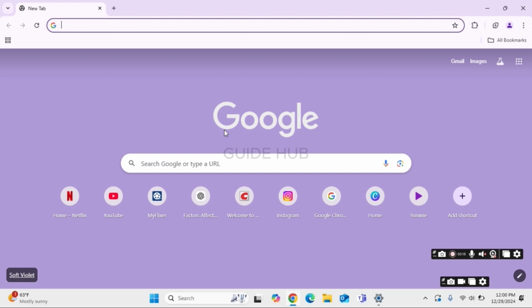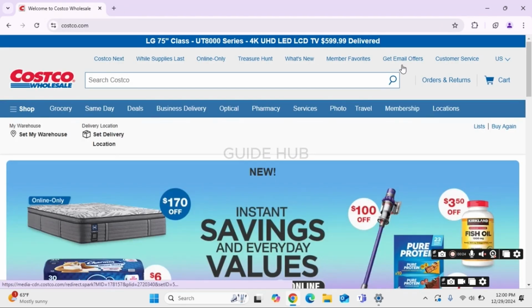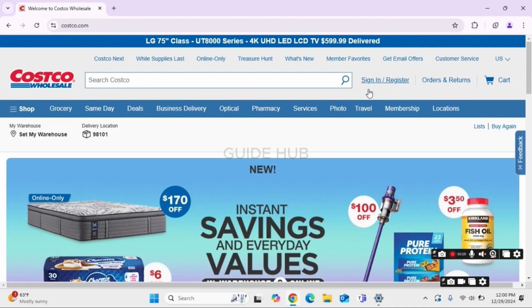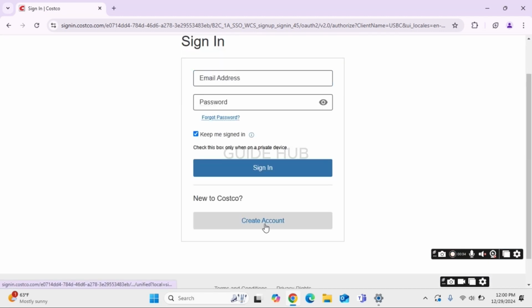Now, to create a Costco account, open a new tab on the browser and type costco.com. Here you can see sign in/register next to the search bar. Click on it, then click on create account,